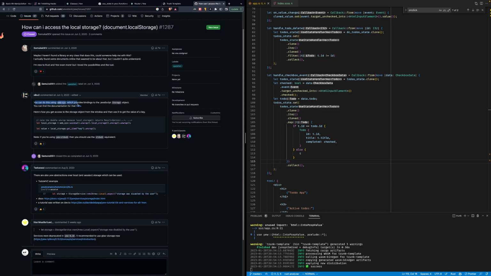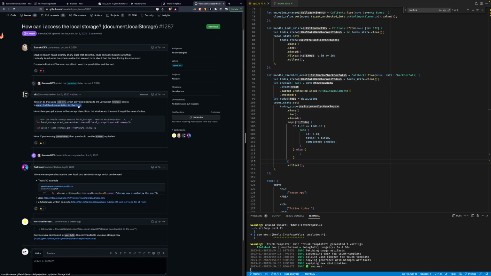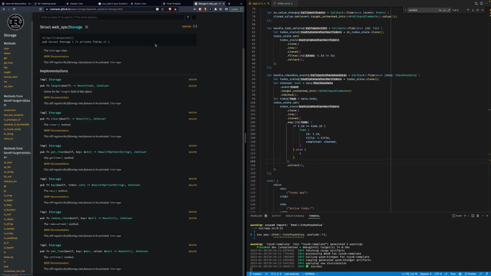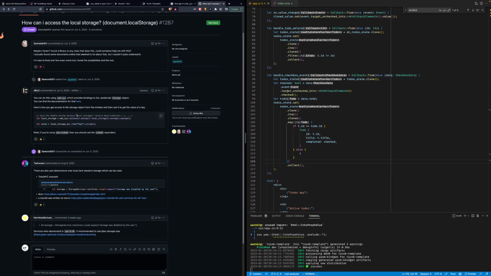You can do this by using this, which provides bindings to this. And you can find documentation over here, and they are pointing to the exact same thing. So apparently, alright, so you get the, and then you can sort of work in the same way.